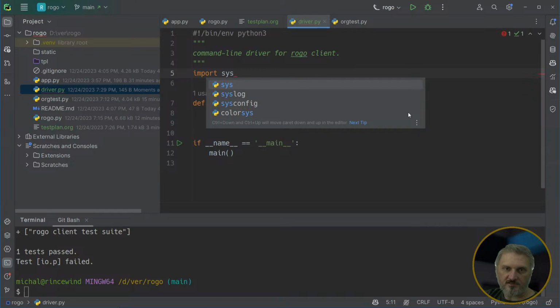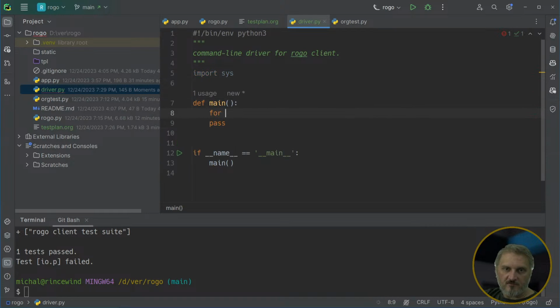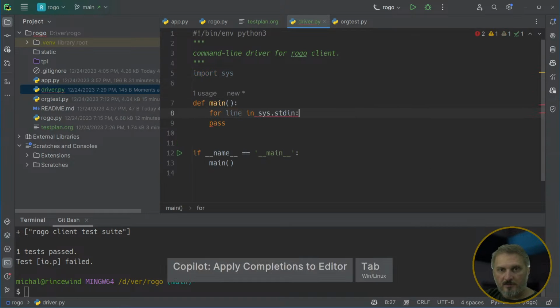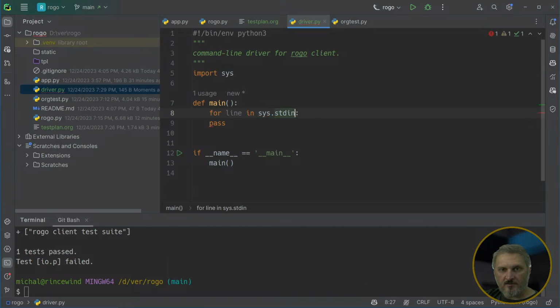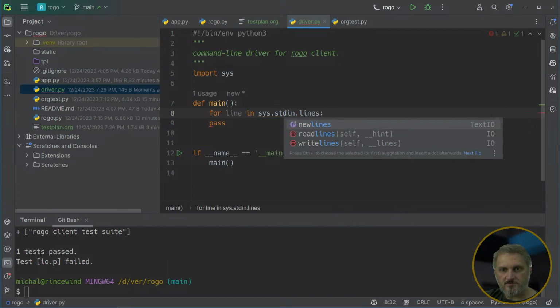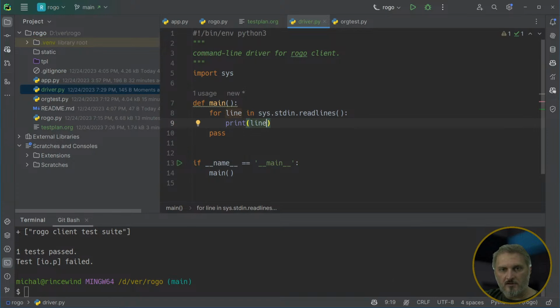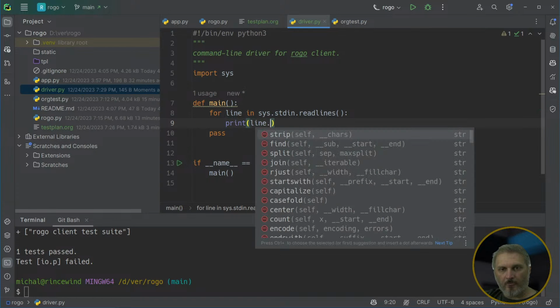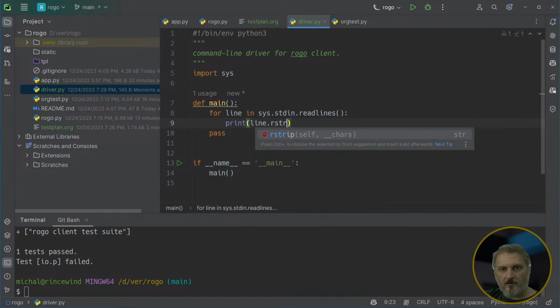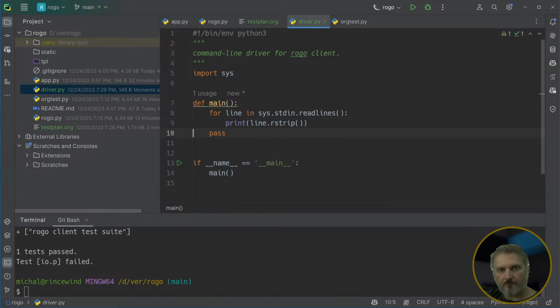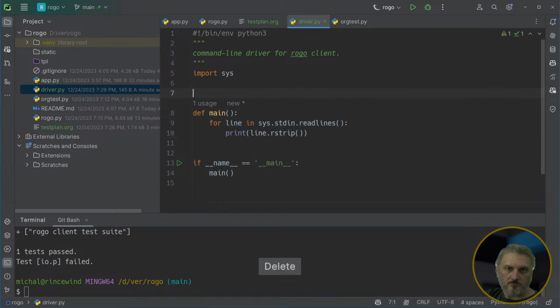Okay, so import sys, and we'll just say for line in sys.stdin.lines, line. So now if we run driver,